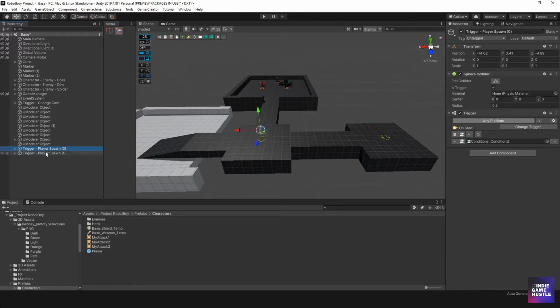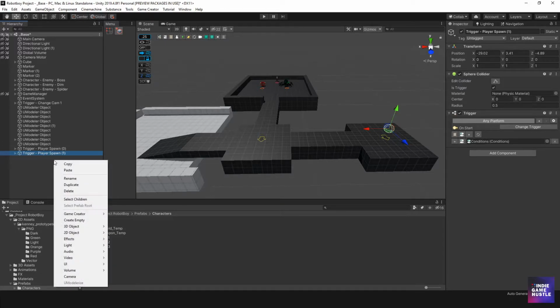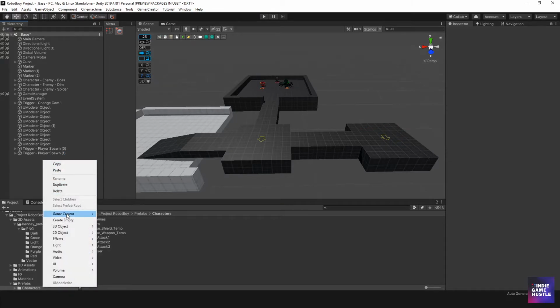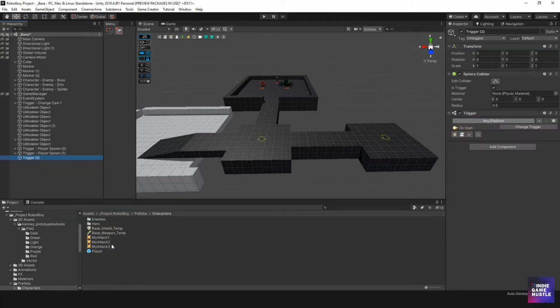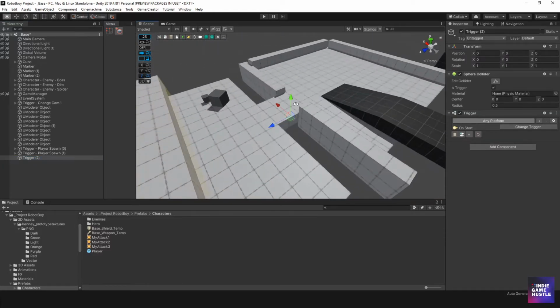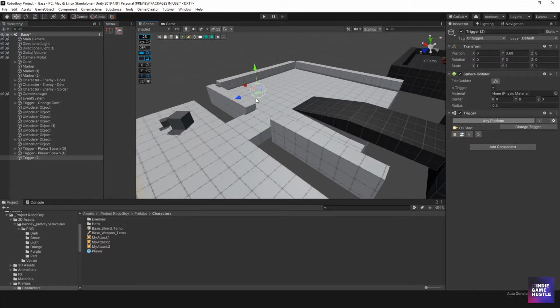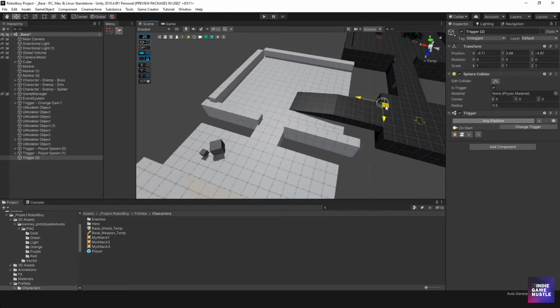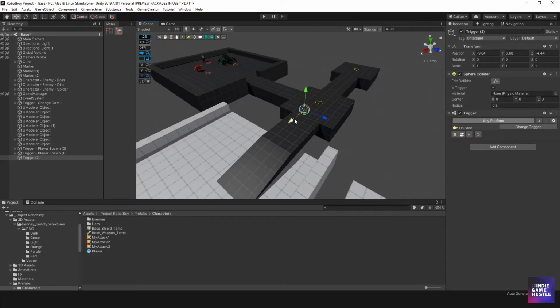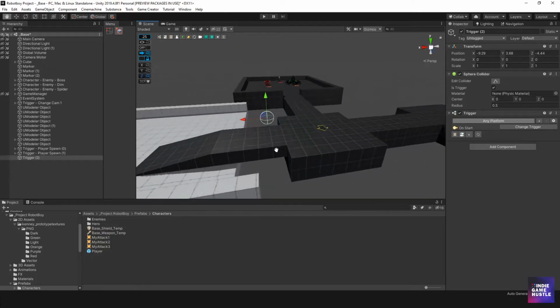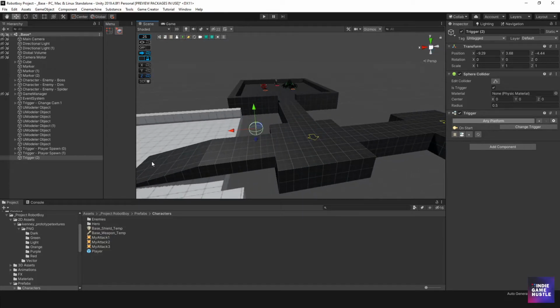We can have the spawn point itself be the change. So we can also add it. But what I'm going to do is separate it. And I'm going to right click, game creator, trigger. Okay. And this is going to be the trigger. And I'm going to move this up, and I'm going to put it over somewhere in this area. Okay, for now. All right, and so what we want to do is basically when a player enters into this